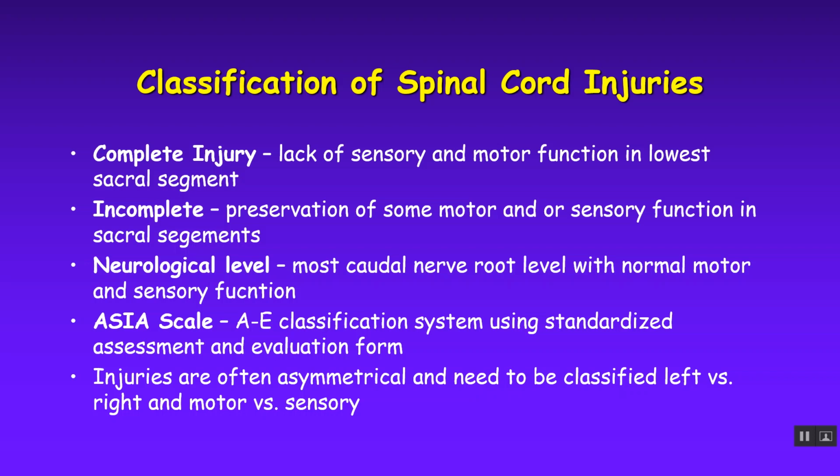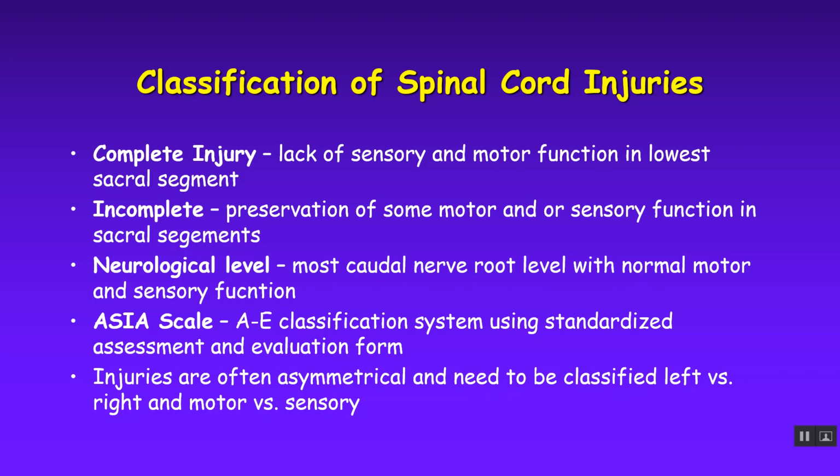And injuries can be oblique. It's not always like you damage the spinal cord exactly the same on the left and right. So you can have an oblique injury, which means on this side my level of neurologic injury might be a C7, and this side it might be a C6, because C7 is okay on this side because it's an oblique injury versus a straight across injury like this. Most commonly, they're just going to define the level of injury on both sides below the level, but occasionally you'll have one side of the body is a C6 and one side of the body is a C7